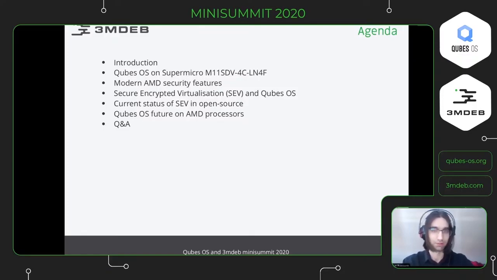And then when we will have enough insight about these features, I will describe the status of the secure memory encryption and secure encrypted virtualization on Qubes OS, the status of this feature and open source, whether it is supported, whether it can be used in many operating systems and Qubes OS, and how these features can involve with Qubes OS and what impact it will have on its future, and how the future on the AMD processor will look like with Qubes OS.